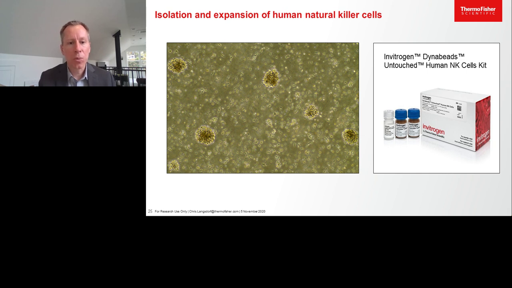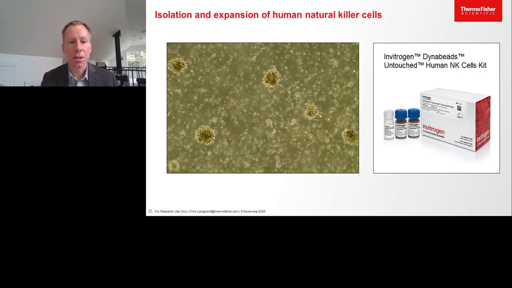And so much as we did with T cells, let's start with peripheral blood mononuclear cells. And in this case, we'll use Dynabeads Untouched Human NK Cells. In this case, you will take your PBMCs at a very high concentration, label them with an antibody cocktail, and then after washing, you'll add functionalized Dynabeads, which will bind and pull down or deplete all of the other cells in your sample. I did this yesterday in our lab, and it takes about an hour to produce unmodified, untouched